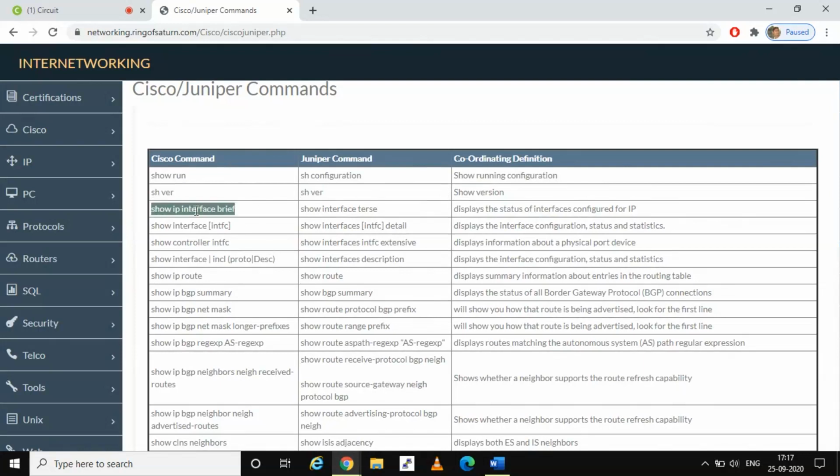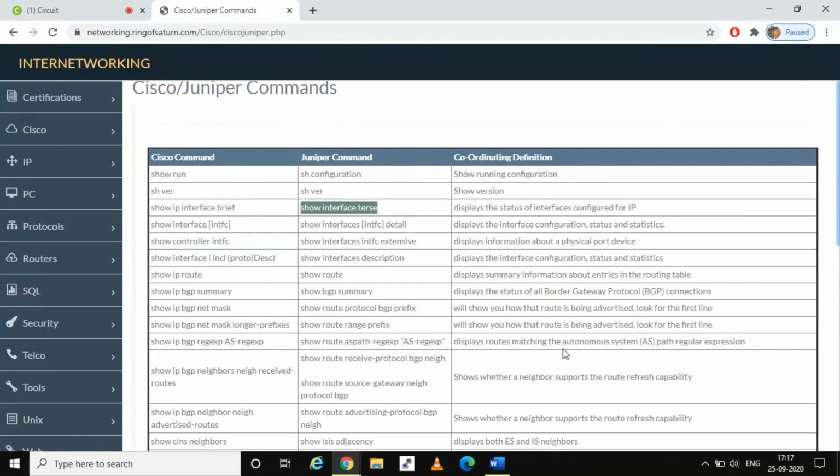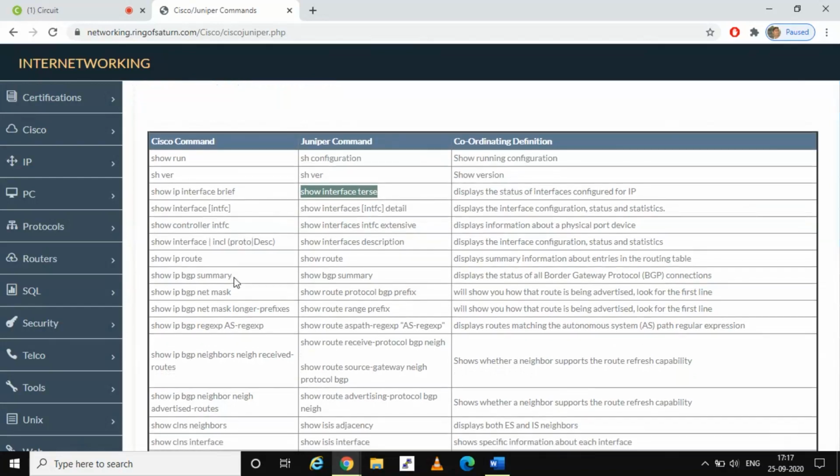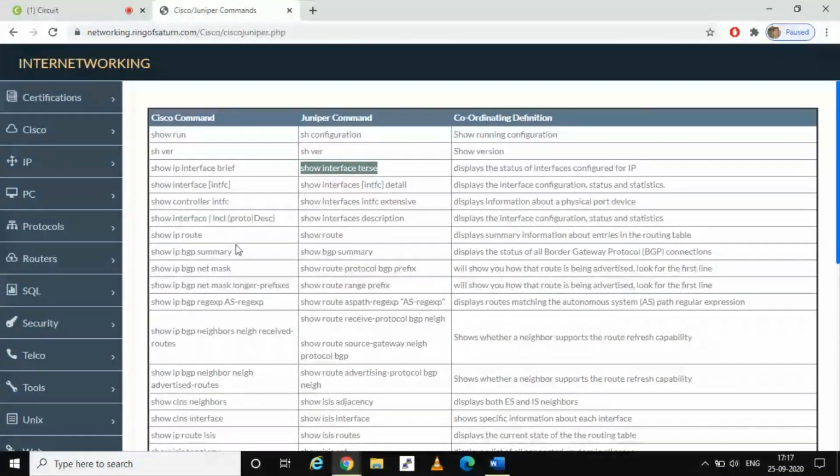Show ip interface brief, we can find all the details of the interfaces, like layer 1 and layer 2 details. On the other side, it's the show interfaces terse command, which displays the status of interfaces. And there are many commands we use in day-to-day life, like show ip route.